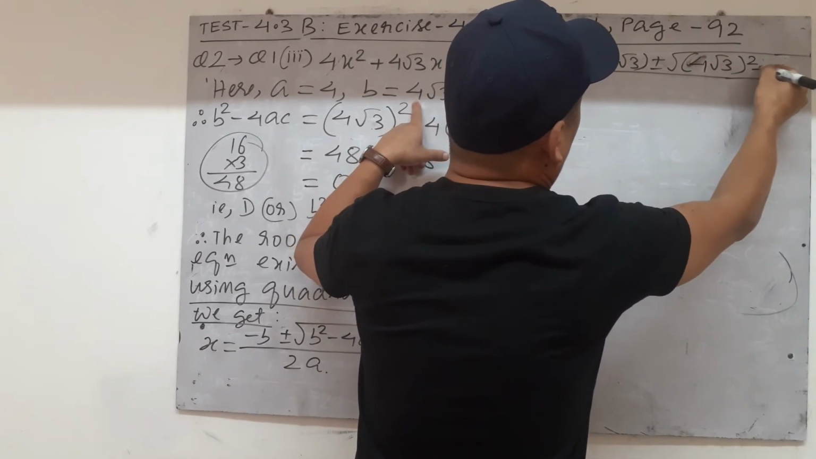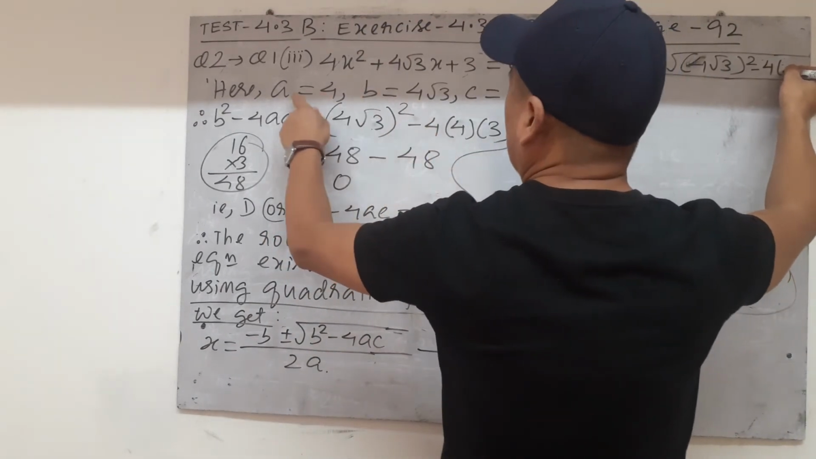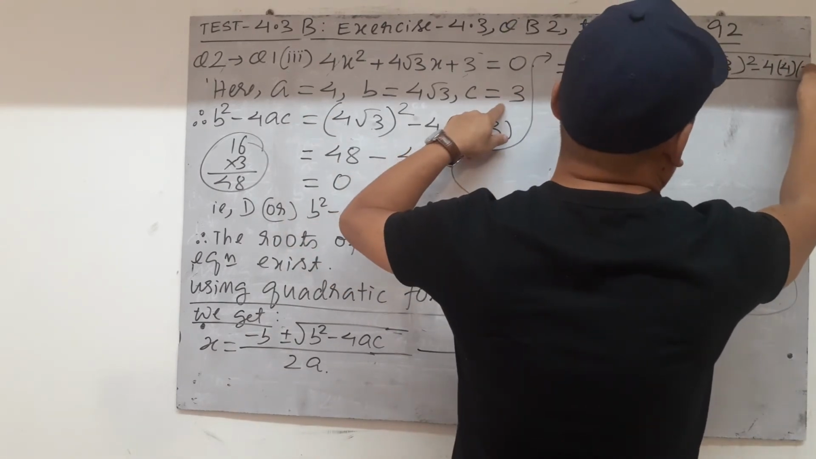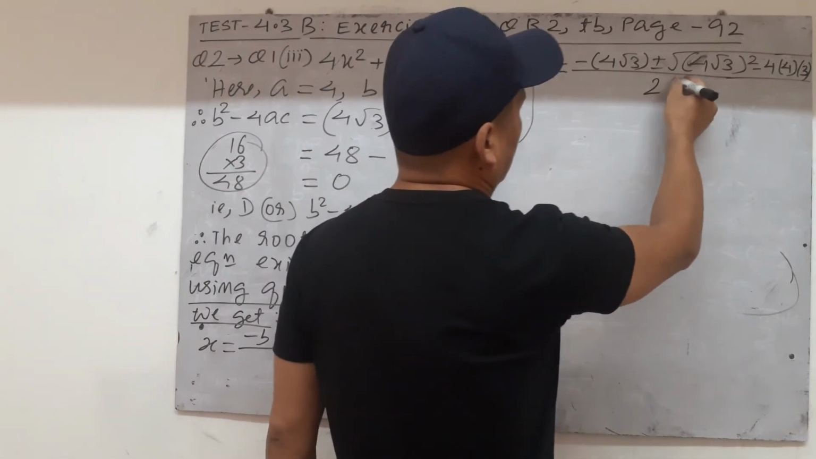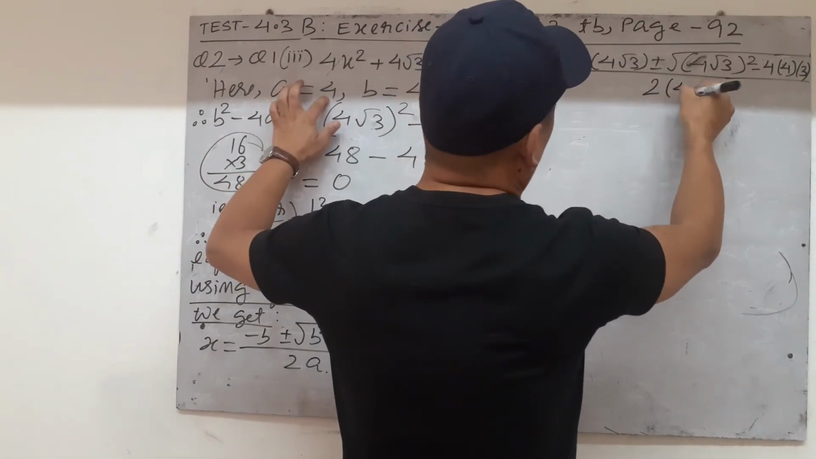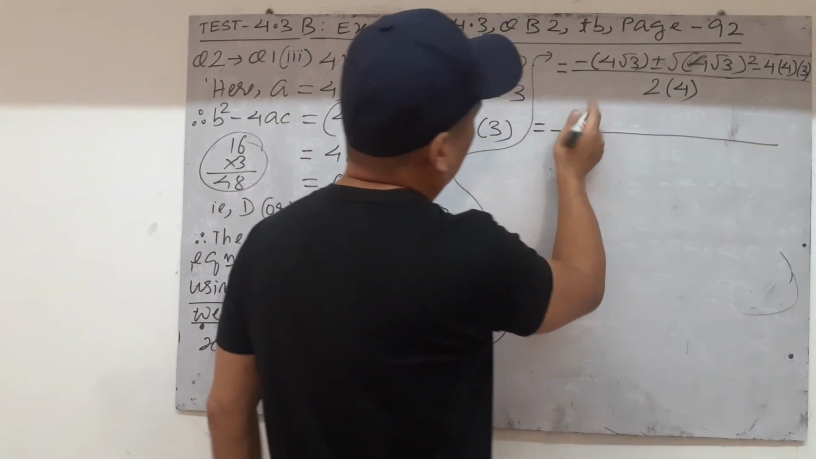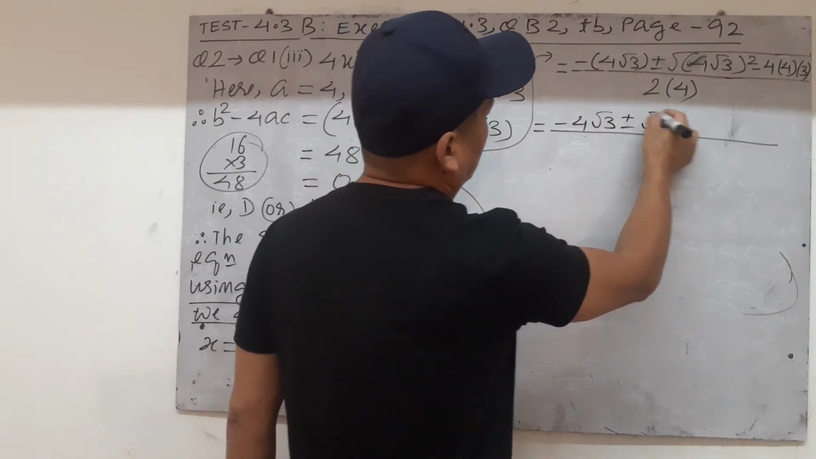The whole square, b square minus 4 into a into c. So 4 into a is here 4, into c is here 3, divided by twice into a. So twice into a is here 4. So we write here, long line, minus into plus, so minus 4 root 3 plus minus root over,